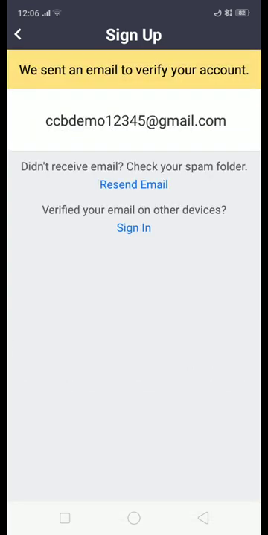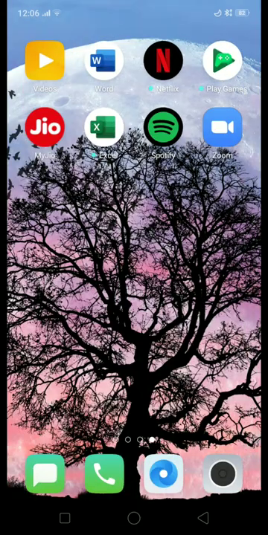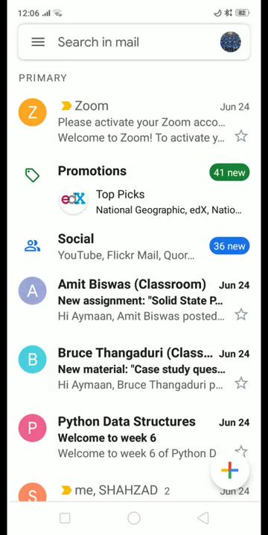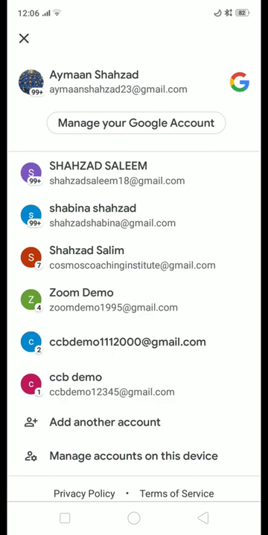After signing up, we land on a page which says we sent an email to verify your account. After seeing this message, you have to go back to your Gmail account and open it. Over there you have to search for a message with reference to the invitation.